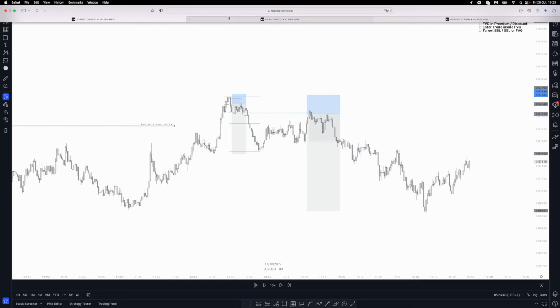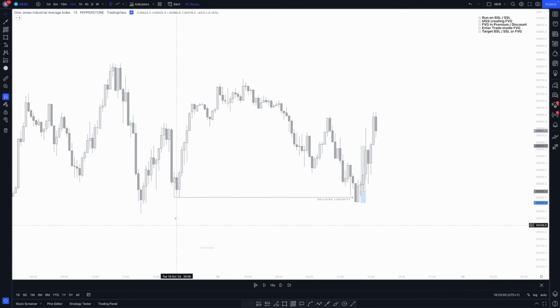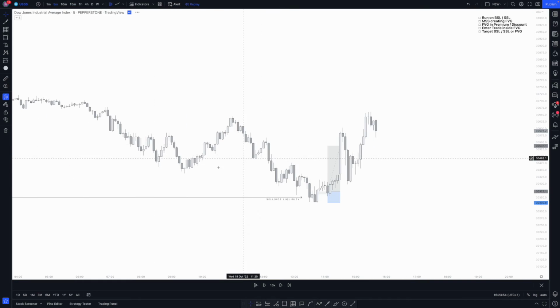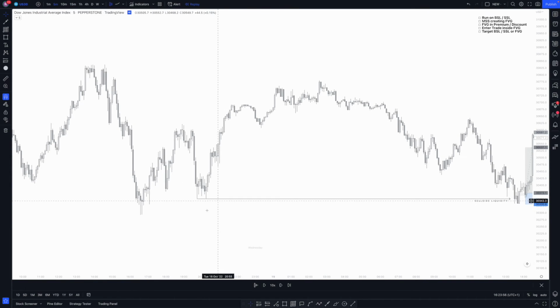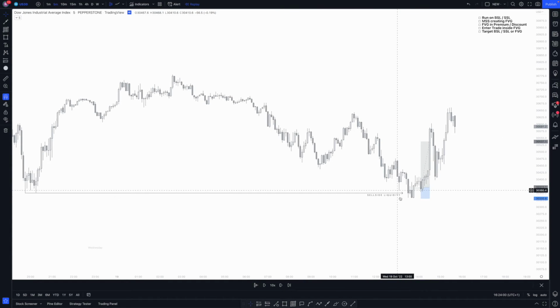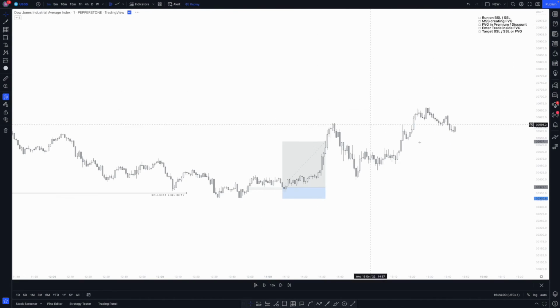If we just go over onto US30, what you will notice is we've got a couple of equal lows down here, and if we drop down onto the 5-minute chart, you will see it's a little bit more clear. So a couple of nice equal lows down here. We've got a low here. This is then taken, and then you will drop down onto your lower time frame. So at the moment we've got a run on sell side liquidity. Drop down onto your lower time frame,